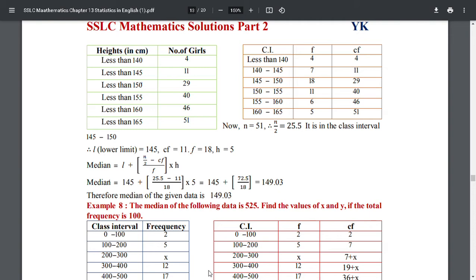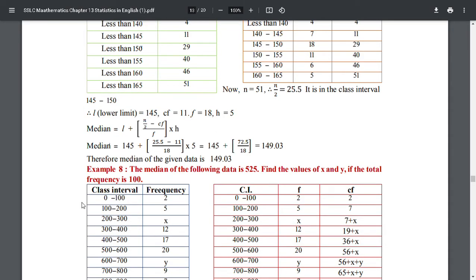29 plus 11 is equal to 40. 40 plus 6 is equal to 46. 46 plus 5 is equal to 51. Now n is equal to 51. Therefore n by 2 is equal to 25.5. It lies in the class interval 145 to 150. Next,